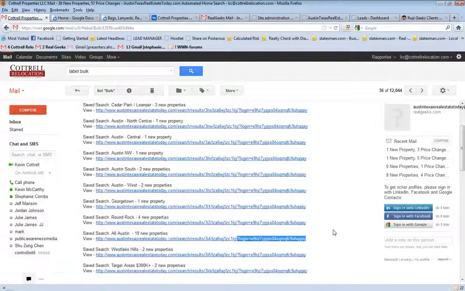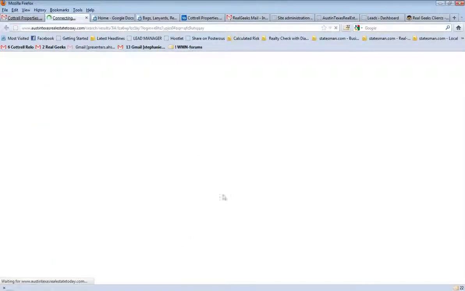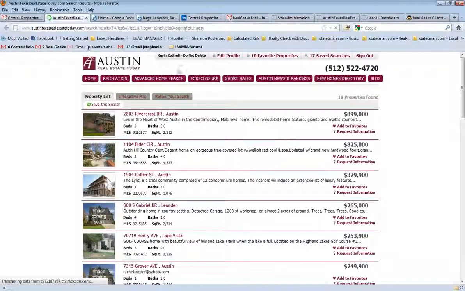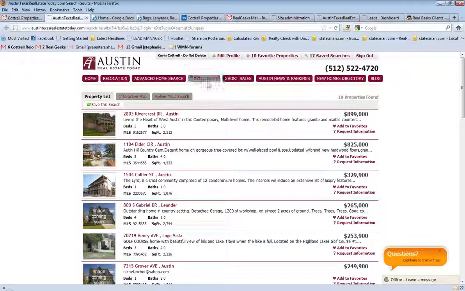And what I want to show you is at the end of each of these logins is an encrypted string that starts with the word login. This is unique to that buyer and unique to that search. So if I click on any one of the searches, it's going to get them instant access. You saw before we had to log in if we wanted to actually look at listings. So if I click on this one, you're going to see I'm immediately logged in. I'm now in the Kevin Cottrell test account,